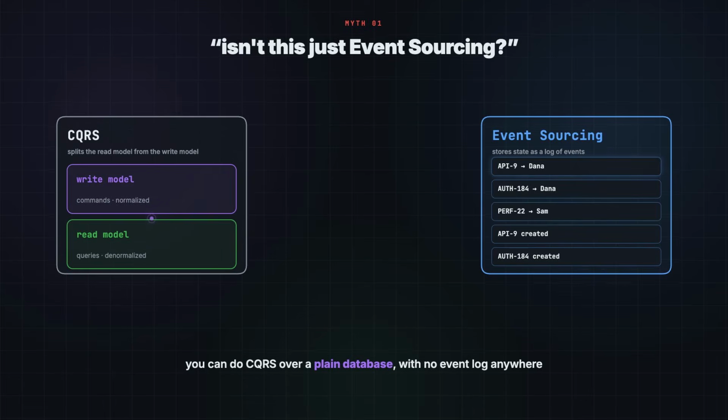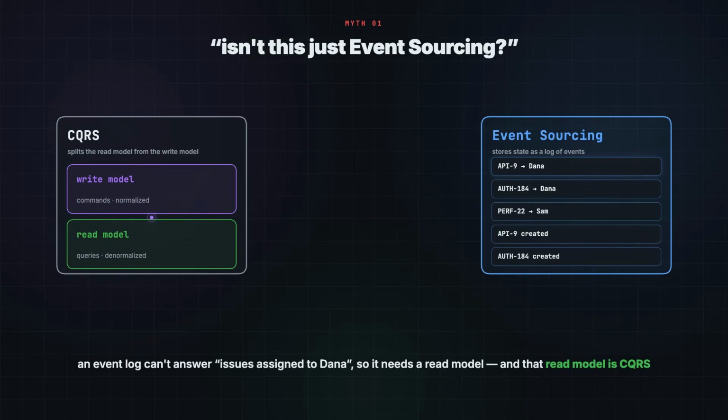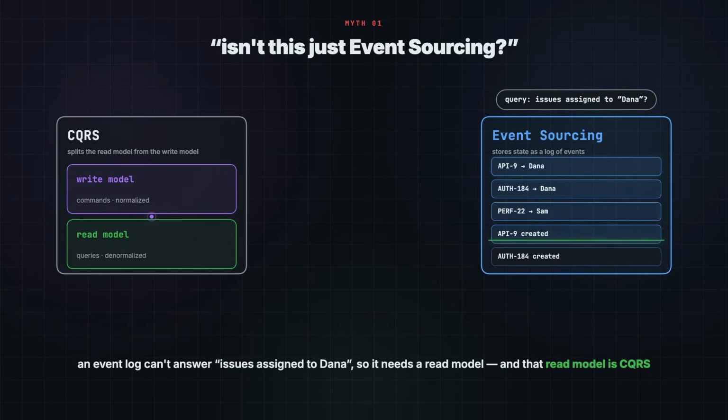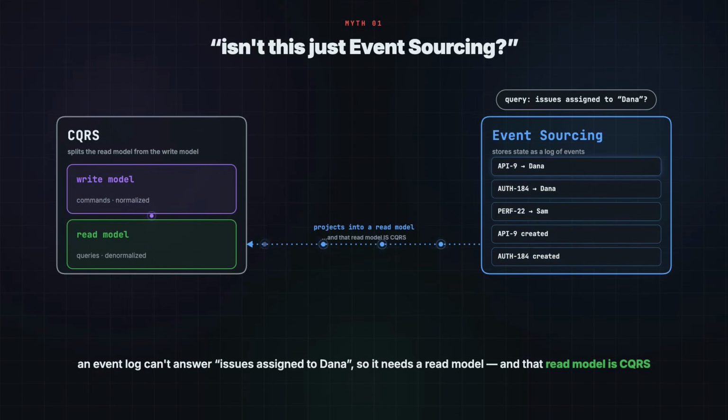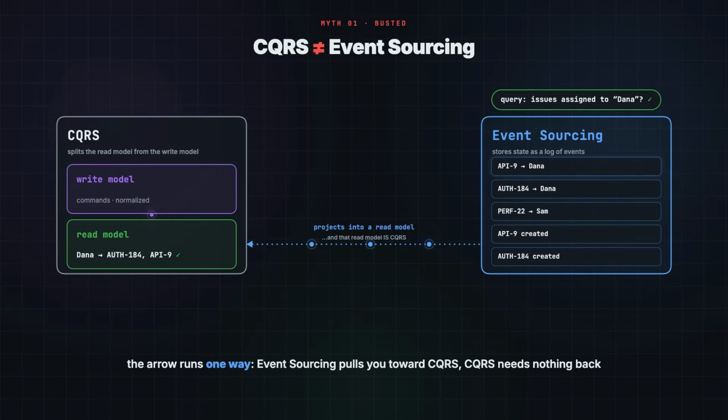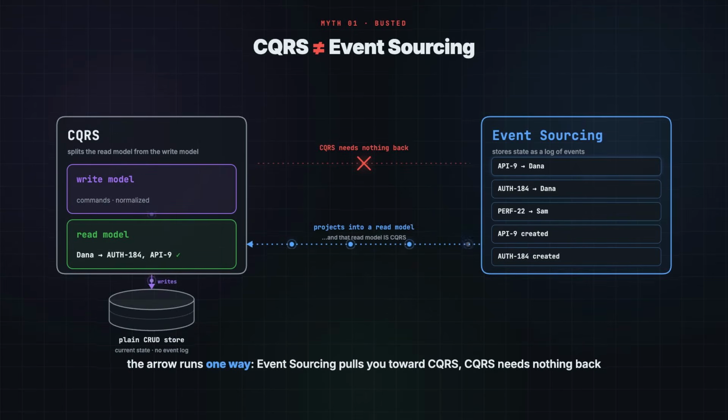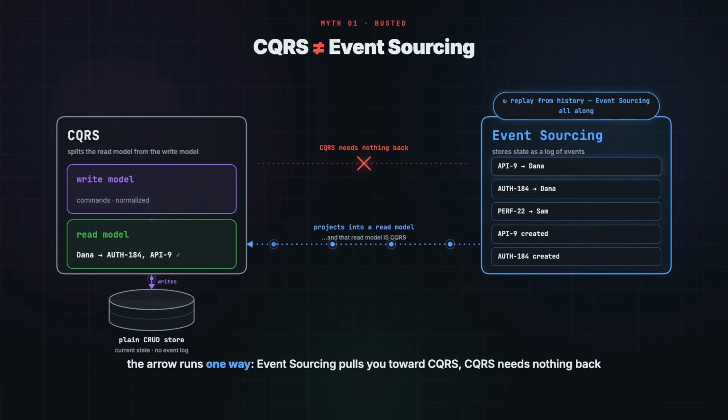You can do CQRS over a plain database with no event log anywhere. So why are they always paired together? Because an event log cannot answer, "give me every issue assigned to Dana." It has no current state to query, so an event-sourced system needs a read model, and that read model is CQRS. The arrow only runs one way. Event sourcing pulls you towards CQRS, but CQRS needs nothing from event sourcing,